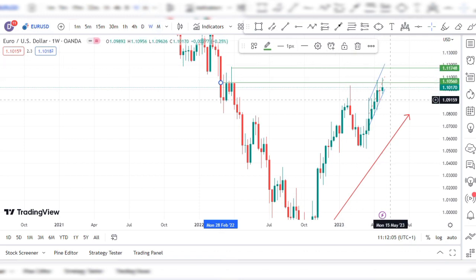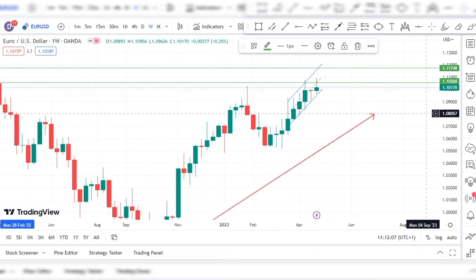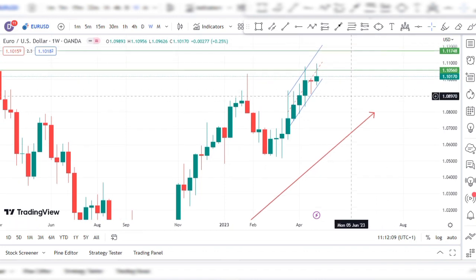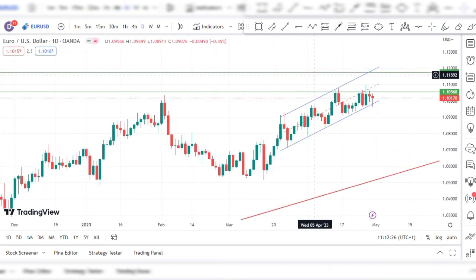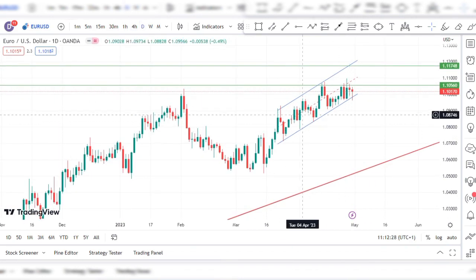Although from the last weekly candle that was formed, we can see with this long wick forming, it shows that even though buyers were trying to push price up, there were just about enough sellers to push price back down below that 1.056 area. Now, if we move to the daily time frame, we can see that I have drawn this sort